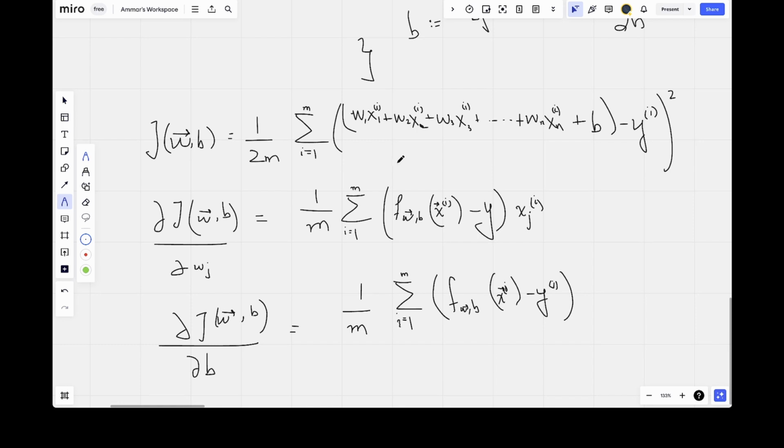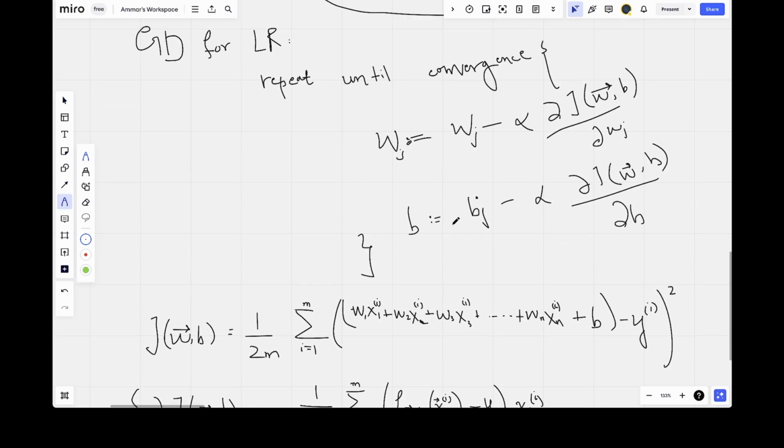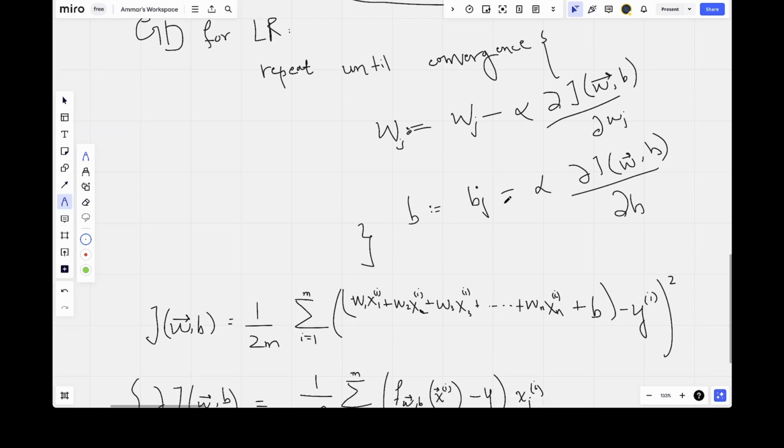If you know a bit about calculus, you would be able to derive these derivatives using the chain rule. Given these, we can now compute the derivatives in our code because we have the derivative expressions. If I want to expand this out a bit,